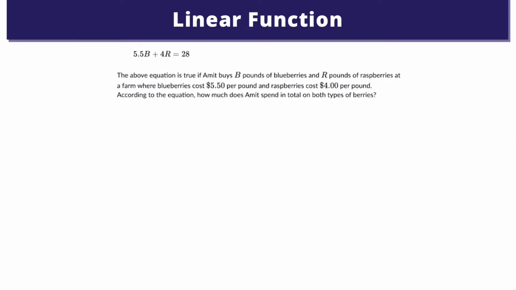In the second example here, we are told that the above equation is true if Amit buys B pounds of blueberries and R pounds of raspberries at a farm where blueberries cost $5.50 per pound and raspberries cost $4 per pound. And according to the equation, how much does Amit spend in total on both types of these berries? So we know that blueberries are $5.50 per pound. So here's blueberries, $5.50 per pound. And we know that raspberries cost $4 per pound. And we see 4R also listed here. So thinking about that,